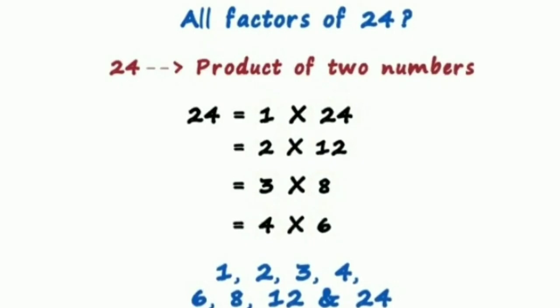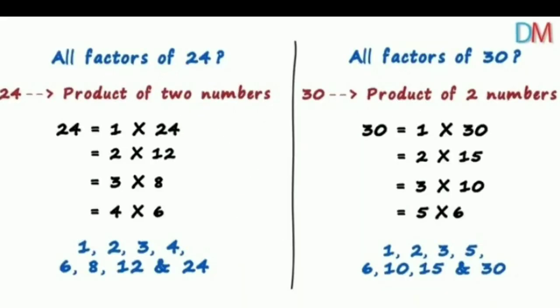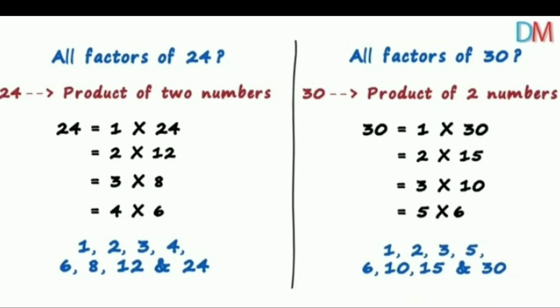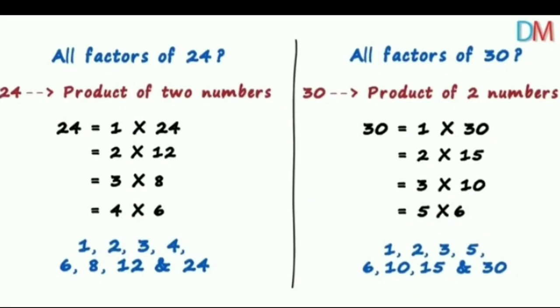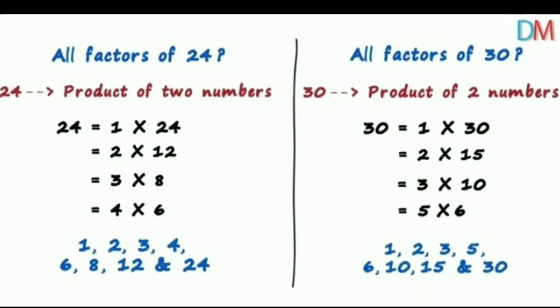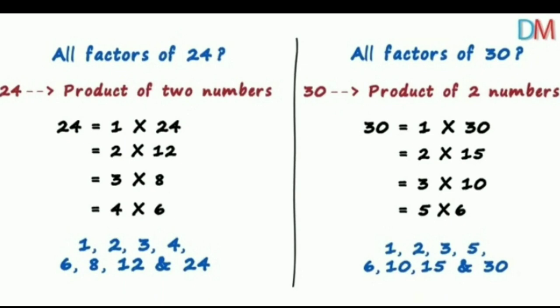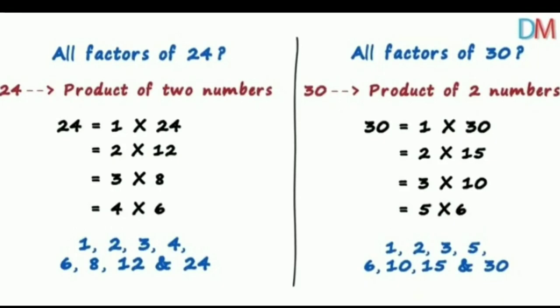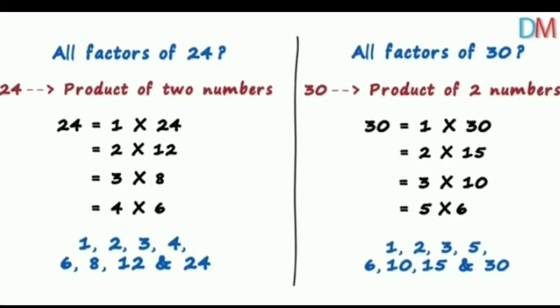Let's take one more example to clarify the concept. Here I have to find the factors of 30. Following our steps, first of all we multiply 1 with 30. We get the factors 1 and 30. Secondly, moving on to the table of 2, we found that 2 into 15 comes out to be 30. Then, moving on to the table of 3, we found that 3 into 10 is equal to 30. Moving on to the table of 4, we found that the 4 table doesn't have 30 in it. So moving on to the table of 5, we found that 5 6s are 30. So 5 and 6 are factors of 30.